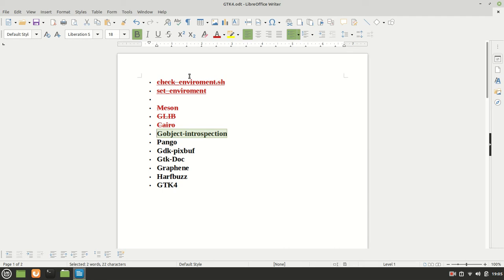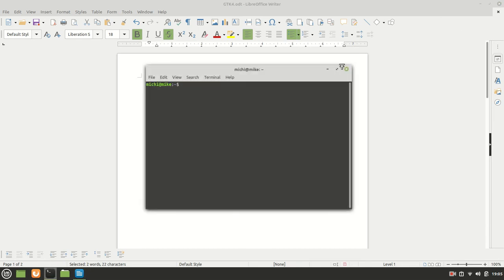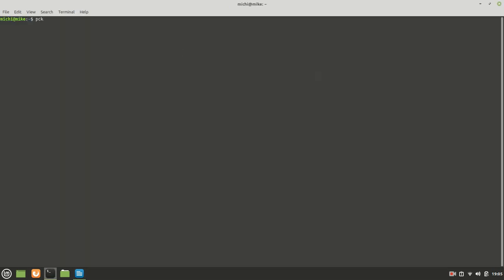gobject-introspection get compiled. Let me mark it as done, and of course let us check if it's working. pkg-config --libs, and then we need of course the gobject-introspection-1.0. And as you can see it says it is not there, and that is because, like I told you and I'm going to tell you again in every video,